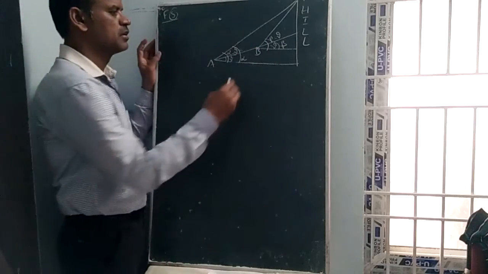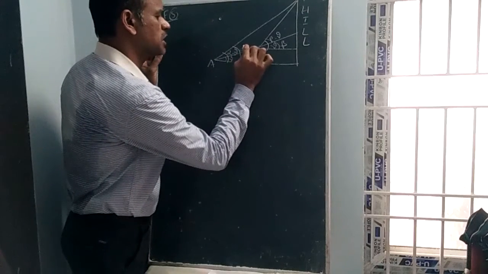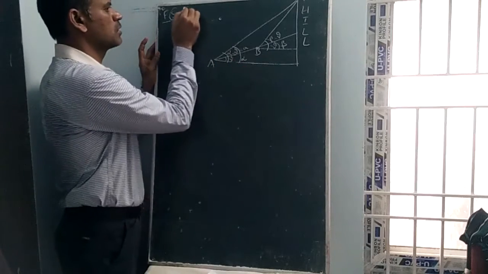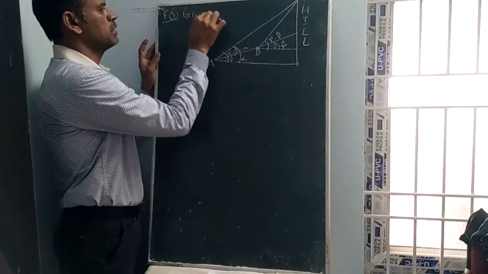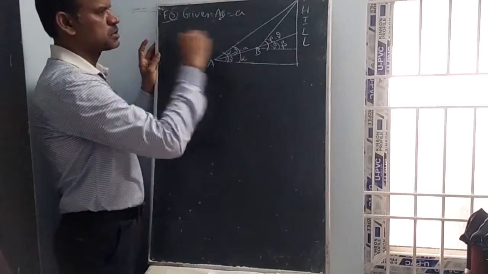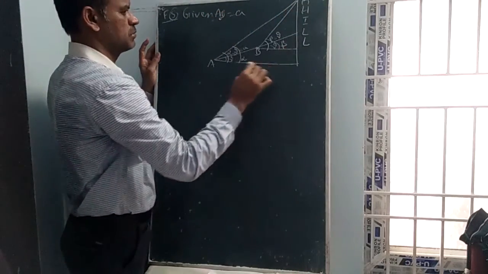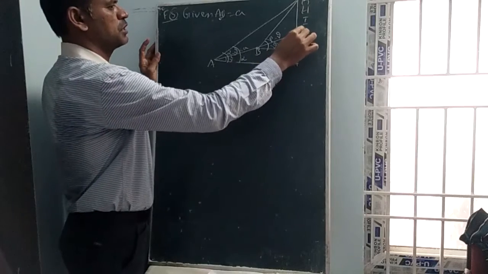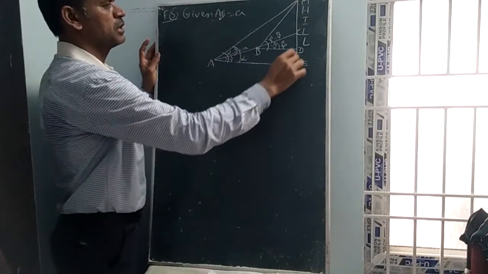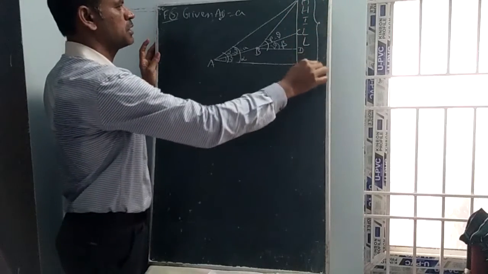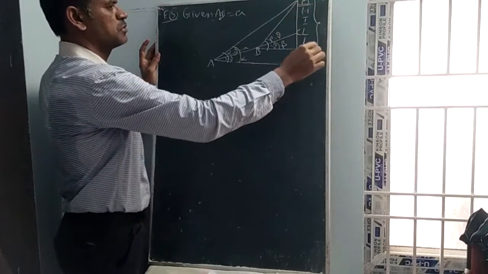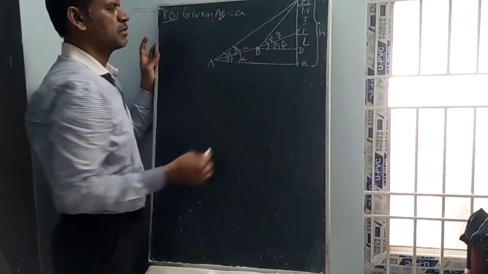We should calculate. Now you can understand this is A, this means A to B. Given AB is equal to small a. This is the total height. Put here, this is C, this is D, this is E. We should calculate the full height HD, height H. HE is the height of the hill.